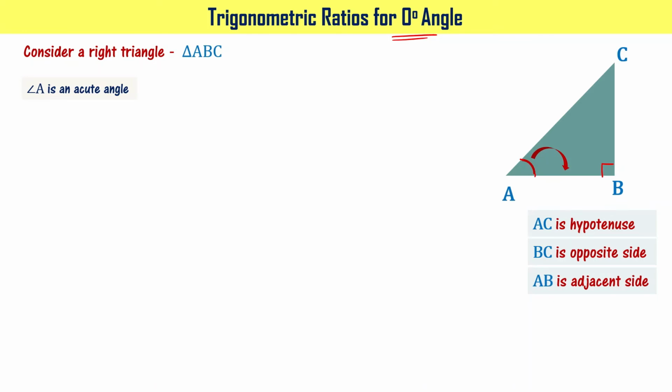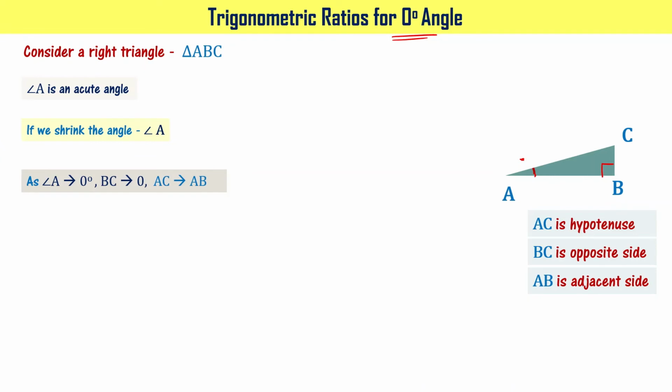Right? Now, what I'll do is, I'll shrink angle A. As of now, this is slightly around 60 degrees maybe, or 45 degrees, something like that, right? Or maybe 40 degrees. If I shrink this angle A, what will happen to side BC and what will happen to side AC? Just let us take a look at that. When you shrink, side BC length is coming down, right? And side AC length is also changing. We have to see what is happening to that. Now you shrink further, BC is coming further down and AC is also changing, right?